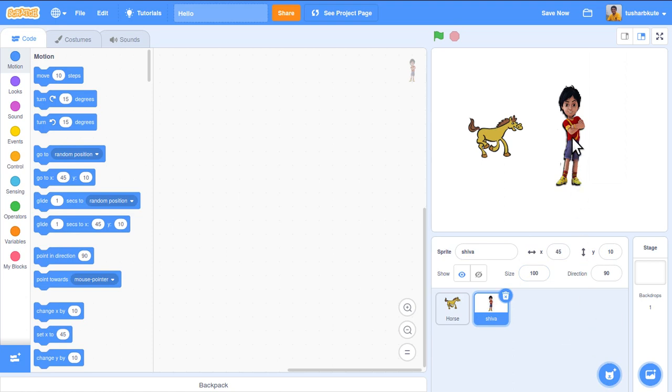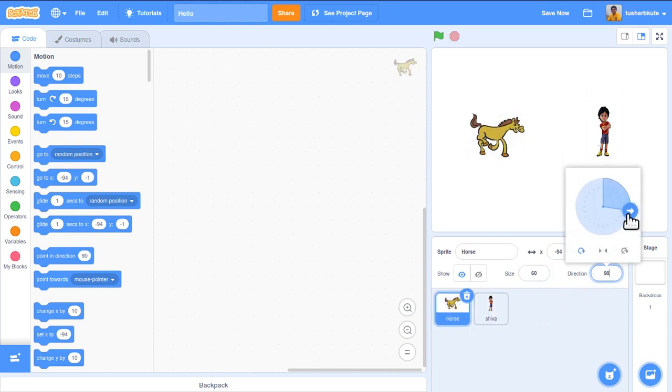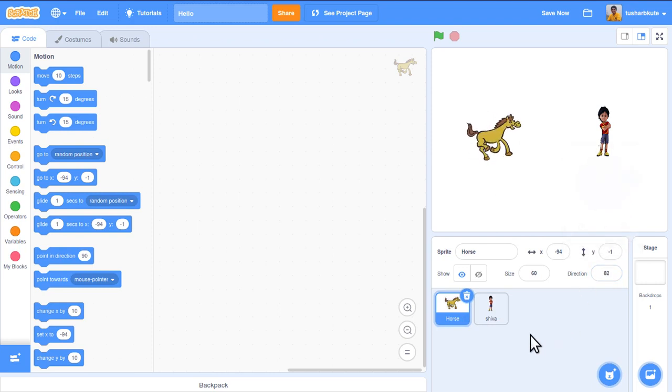Now see, currently I have two sprites here. If I want to change this particular sprite, Shiva, you can select it. Now the horse is selected, and now Shiva is selected. If you want to work on Shiva, I'll just click on that. I want to make it 50%. Okay, it's 50% now. And for the horse, I want to change the direction, so I'll change the direction like this. Like so, you have to make this selection, and then accordingly we can change the properties of the respective sprite from there.